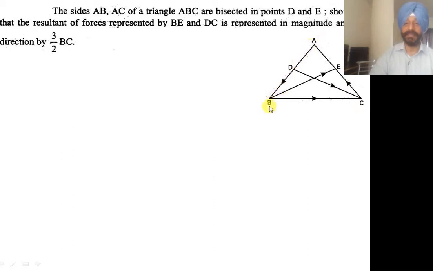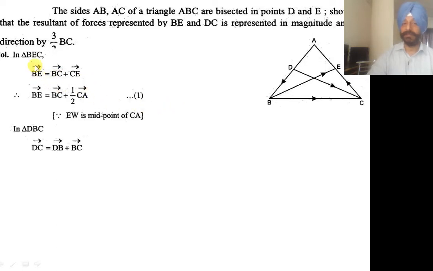So just see the figure first of all. This is triangle ABC, and E and D are the midpoints of AC and AB. So in triangle BEC, BE is equal to BC plus CE, and CE is half of CA, as E is the midpoint of CA. Similarly, in triangle DBC,